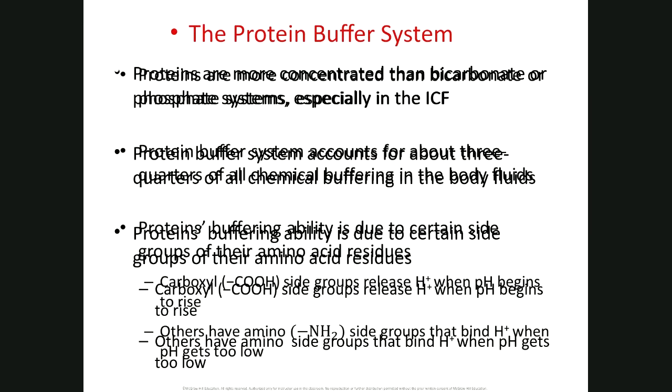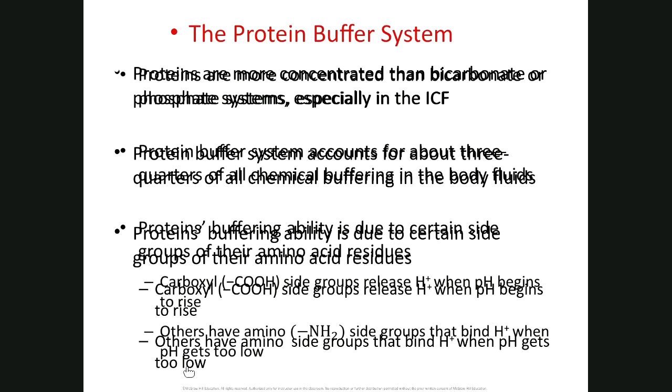Now, the protein buffer system works in a different method. The protein itself has carboxyl and amino groups. Now, the carboxyl, you see the COOH there. The H there is a part of the side group, and an H that this protein can donate in case you need H ions. When the pH begins to rise, rising means you're going above 7.4, and therefore you're becoming